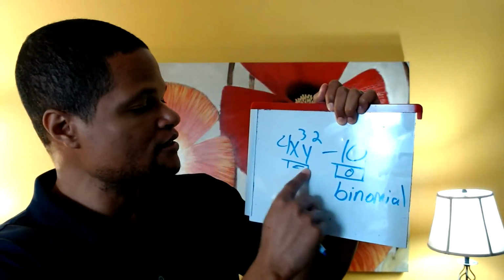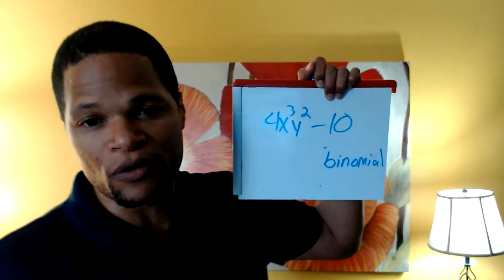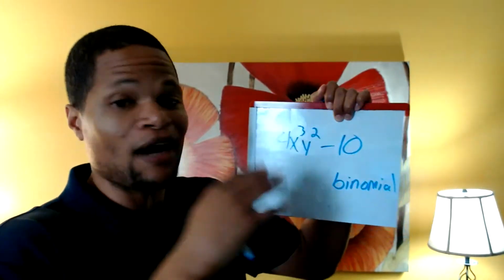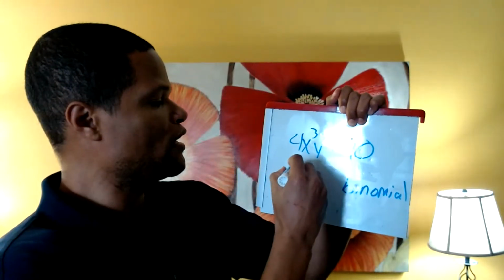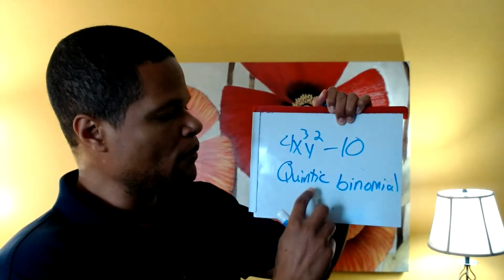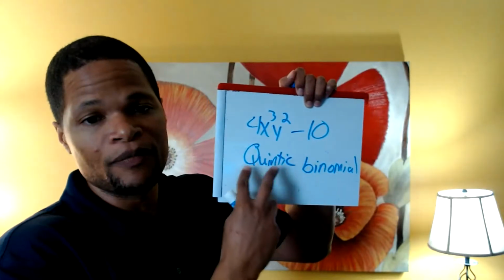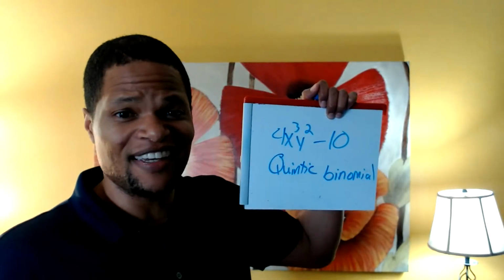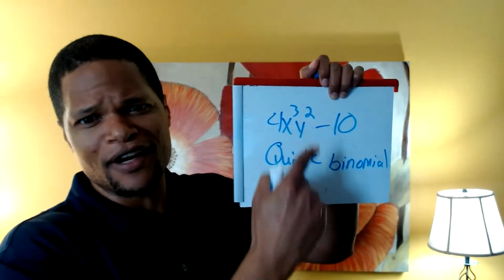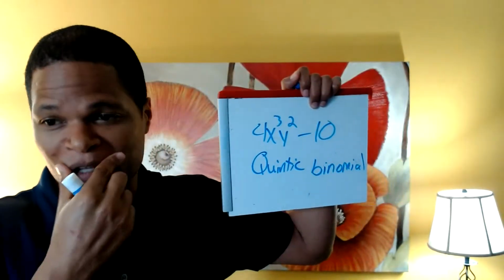Now, there is some debate out there as to whether or not there's a special name for a degree of 5. Some people say, nah, just call it a 5th degree polynomial. But I was taught, and it's still in a lot of curriculums, we call that a quintic if it's a degree of 5. So we would call this a quintic binomial, and some people will just call it a 5th degree polynomial. I don't know why the difference there, but you'll see both. You'll see some people say there's no name, and then some people say, yes, there is. The degree is 5. That's called a quintic. Don't ask me. I'm just a messenger. I'm the mailman bringing you the news. I'm not the one who came up with it.